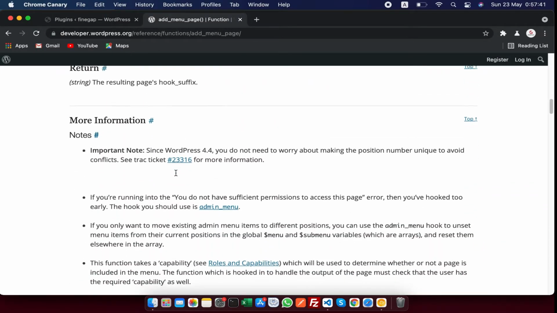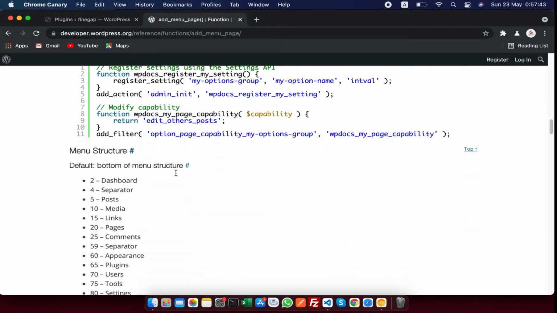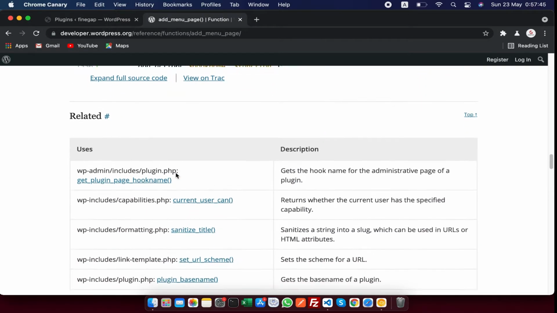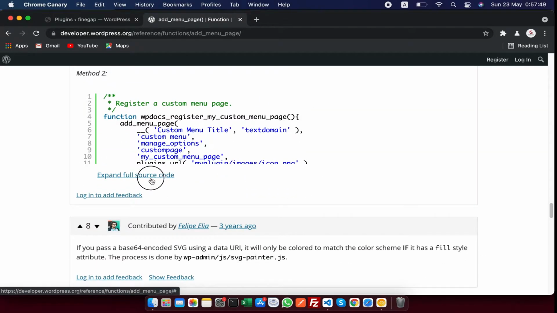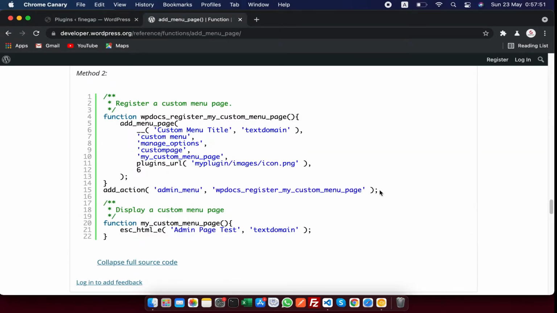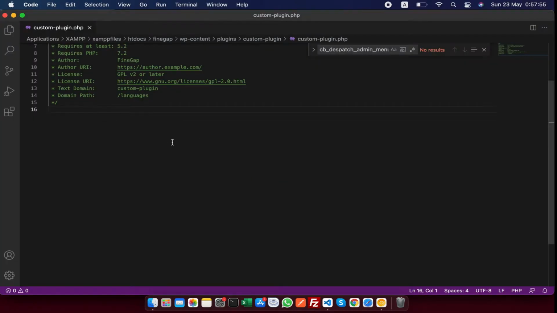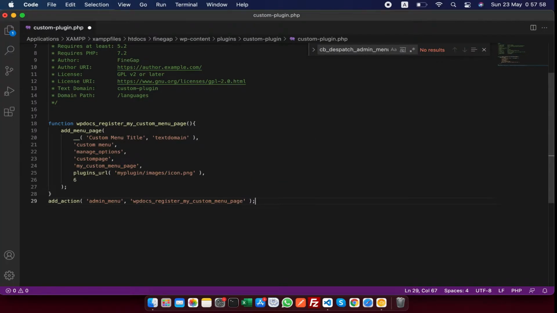So let's first of all find the code, then I will explain the purpose of this code. So I think I need this. Copy it and paste it into functions.php or any other PHP file. You can paste it in your plugin.